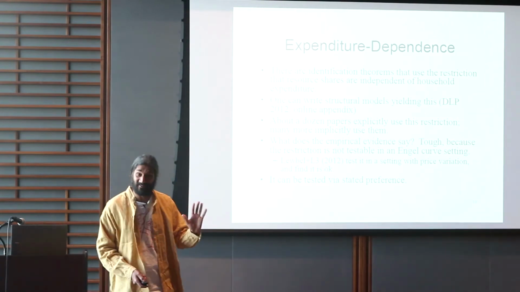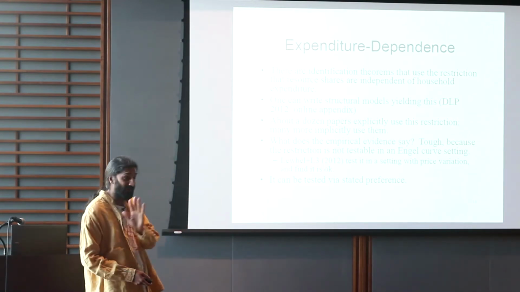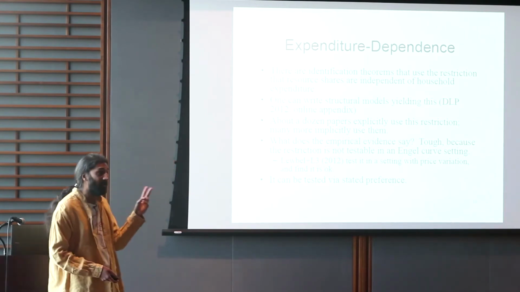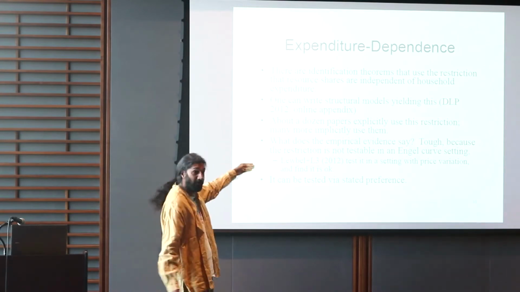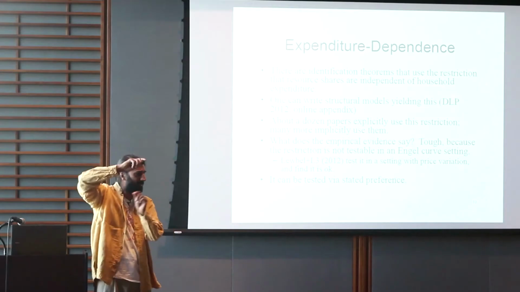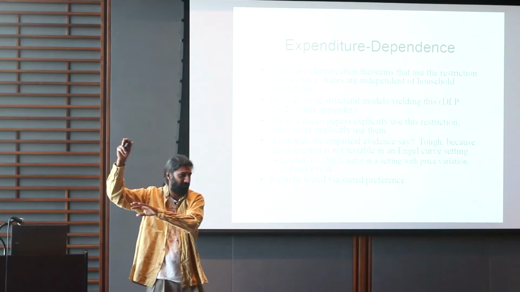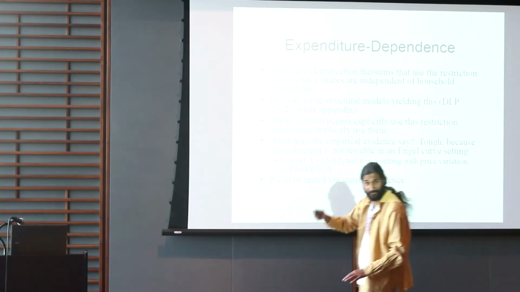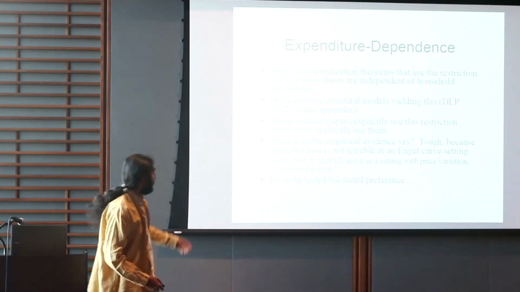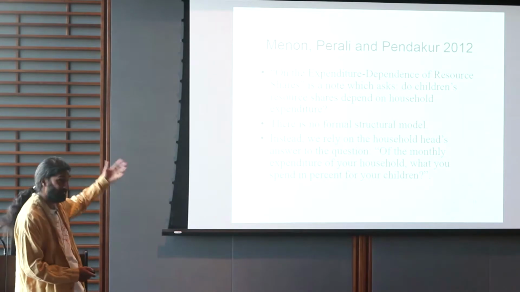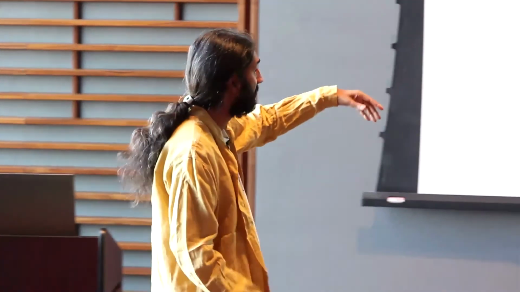So there exists a class of utility functions and social welfare functions that'll give it, but you might think it's too restrictive, so there are two ways to bring this to the data. Arthur already showed you one way. That graph that he showed you, with too many blue and non-blue marks, in which the resource shares were within this wide band, and the wide band included flat. That's one way to get at this. Another way is via stated preference. So I have a paper in which that stated preference question is taken head on.